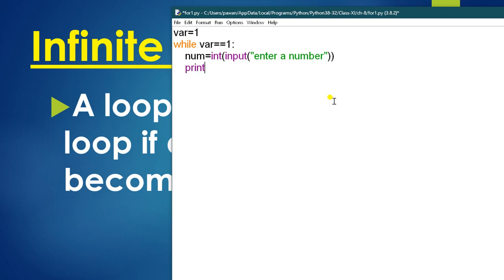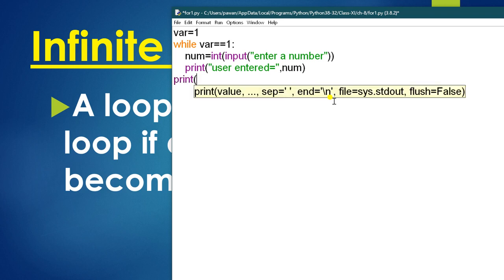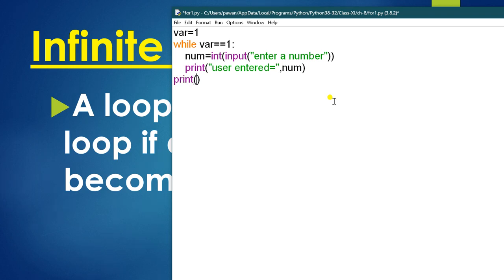Now you have to print user entered which number. Now you have to print a statement that is outside of this while loop. So the earlier statements are part of the while, and this print statement is not part of the while. So here you have to write the while.